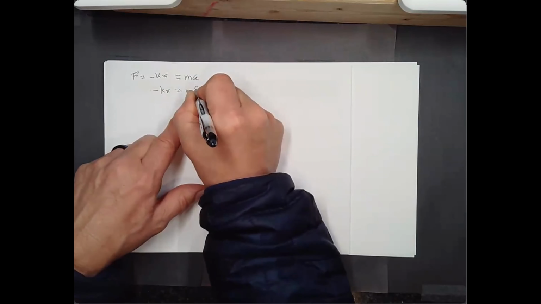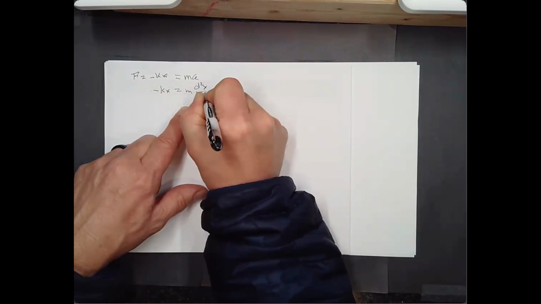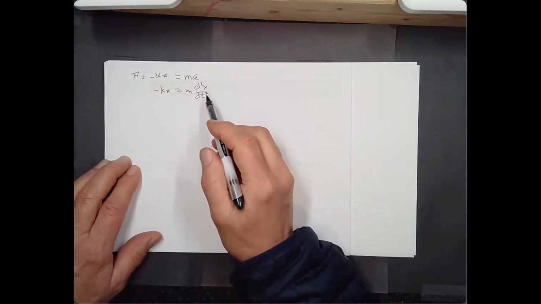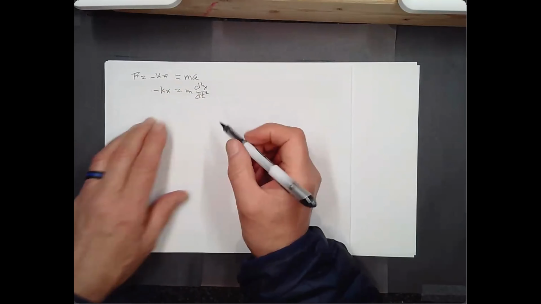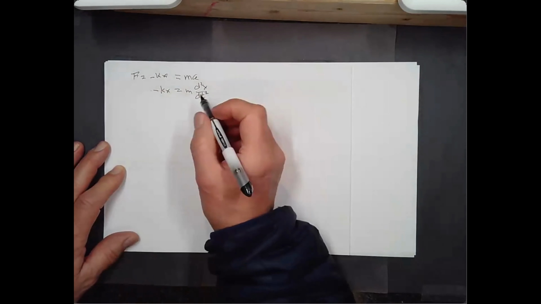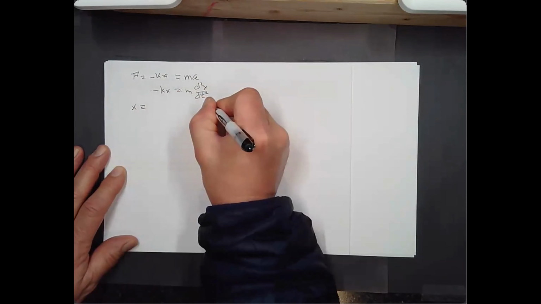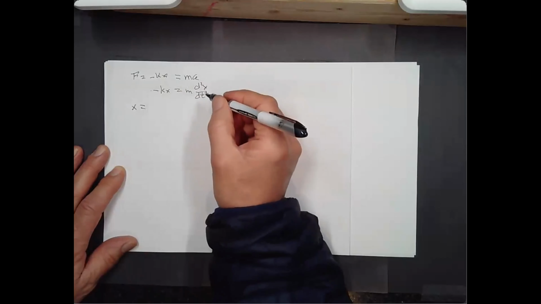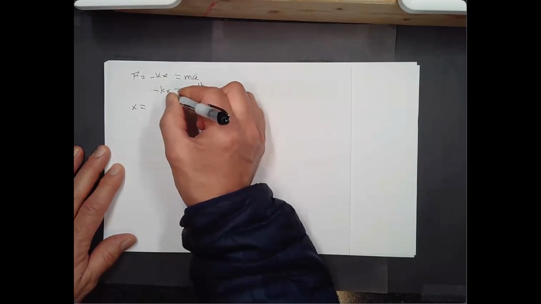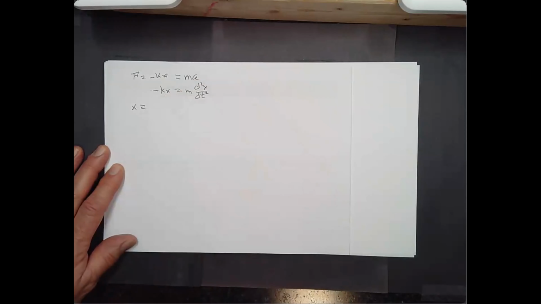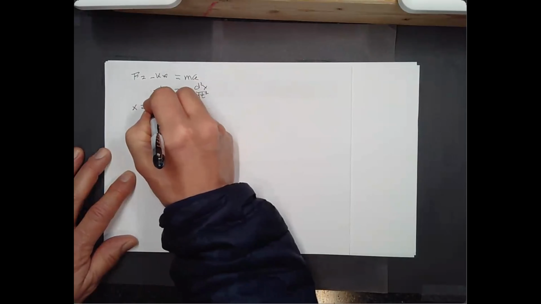Then we continued on to realizing that the acceleration is the second derivative with respect to time of the position. And so what we've got so far is based on this equation. Let's look into that. This is a differential equation. It's a relation between the derivative of something and the quantity itself. The solution to that, the most general solution, is a